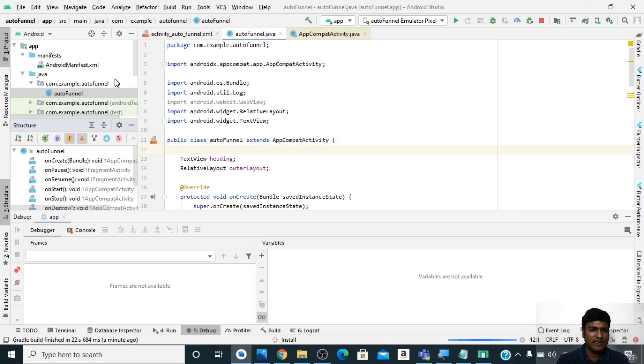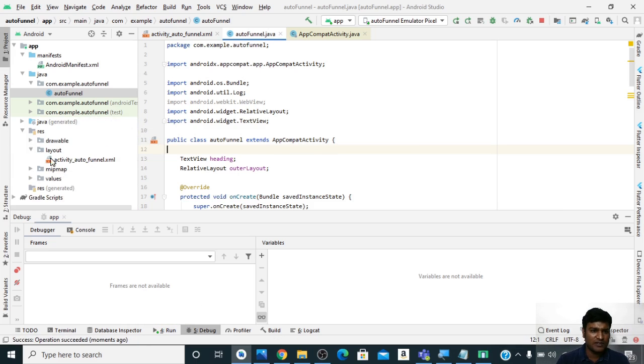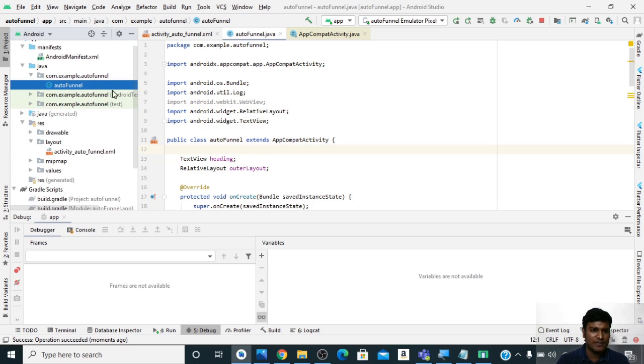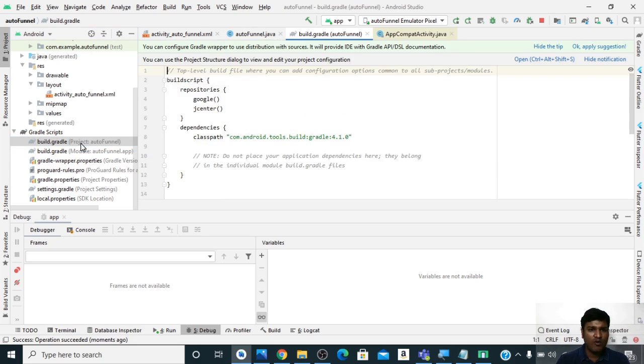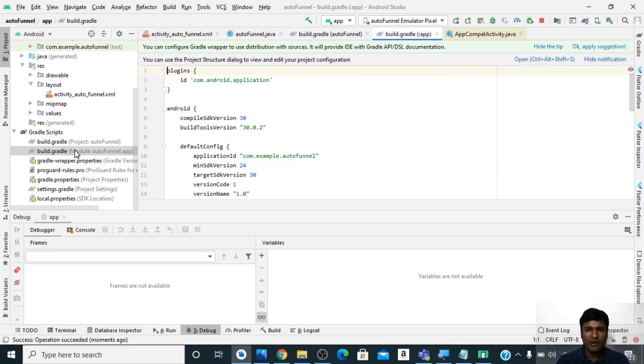Sometimes the error comes from Gradle. If I just go back and click on Gradle Scripts, we have Gradle files for two levels. One is the project level and the second is the module level. So if I open the module level, not the project level, the module level,